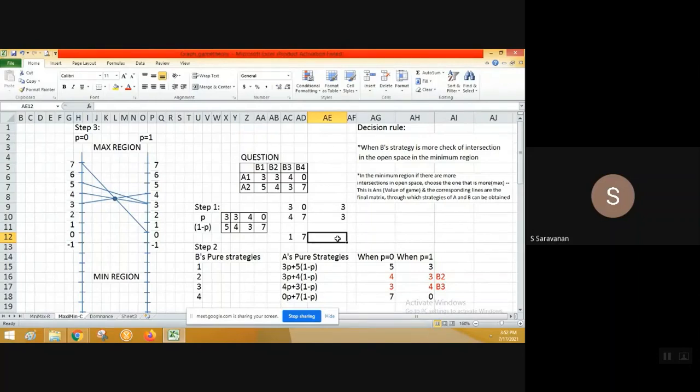So here the understanding is that B2 and B4 cannot be used. Here the summation is 8, here the summation is 6, so this strategy cannot be used. The B2, B4 combination cannot be used. But you can go for a combination of B2, B3 or B3 and B4. Either way, you will have the same answer. Here you cannot get an answer because the summation is not equal. Only when the summation is equal can you get answers. So this is one understanding.